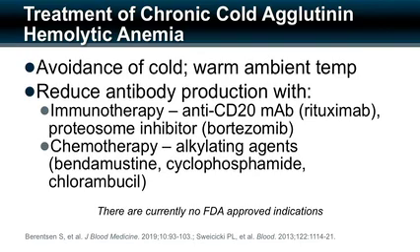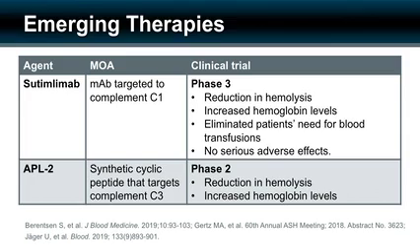I want to emphasize that there are currently no FDA-approved indications. There's also hope on the horizon here with investigational drugs, again, not FDA-approved, and I'm going to mention 2 very briefly. The first is sutimlimab, which is a monoclonal antibody targeted to inhibit complement C1. This is in clinical trials. There's been a very important small trial of 10 patients published in Blood recently that showed significant responses in 7 of 10 patients with improvement of hemoglobin by an average of about 2 grams. Many patients will improve over 4 grams in their anemia and reducing the need for blood transfusions and improving their